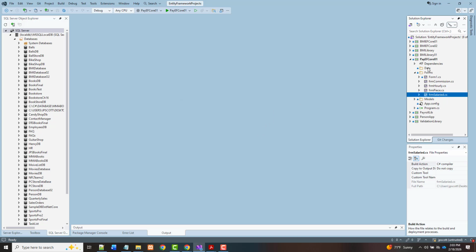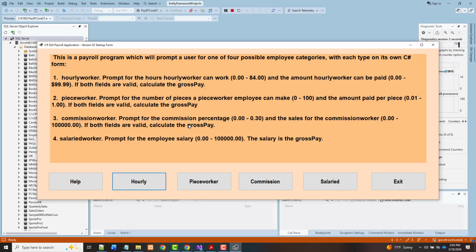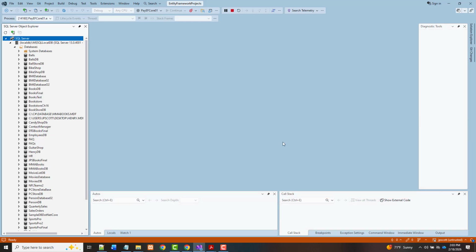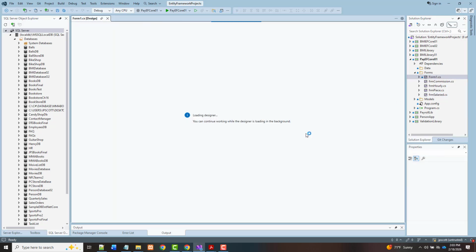Now, if it all moved in there okay, if everything is okay, it should still run. It should still look exactly the same. And there it is. All right. I'm going to exit, and I want to do one more thing here before we finish this one. And that is in here,